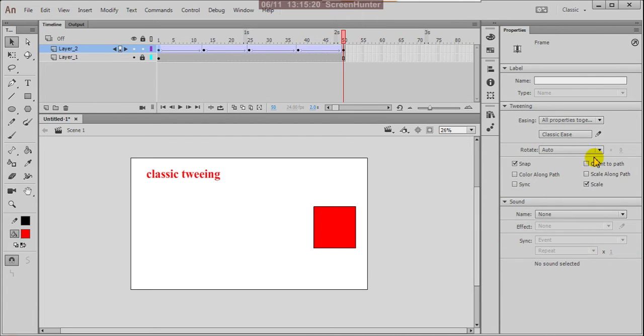After that, press here. See, it is showing 0 here, indicating easing intensity. Suppose here I'm giving minus 100, so you are controlling the speed of the action.